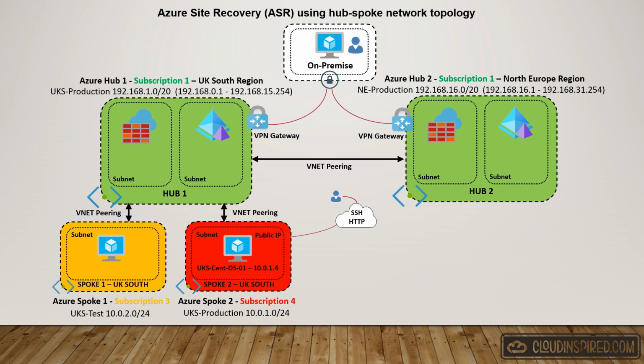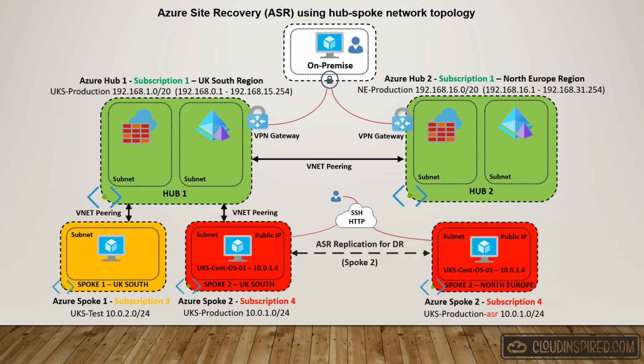The virtual machine is run in the UK South region, and it's running CentOS, which is a free Linux distribution with Apache web server installed. We will build the CentOS VM from scratch in the Azure portal, and then we will connect using SSH to install the Apache web server. Then we can connect using the public IP address to the web server and browse the default website to prove it's all working correctly. Then we will set up ASR replication to replicate the VM for disaster recovery to Azure